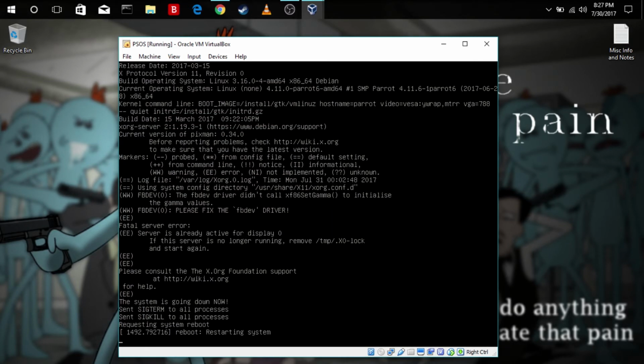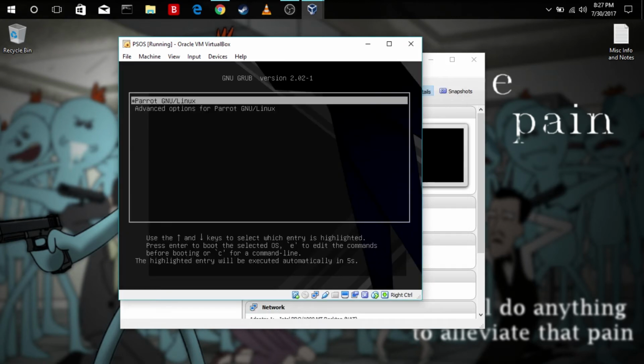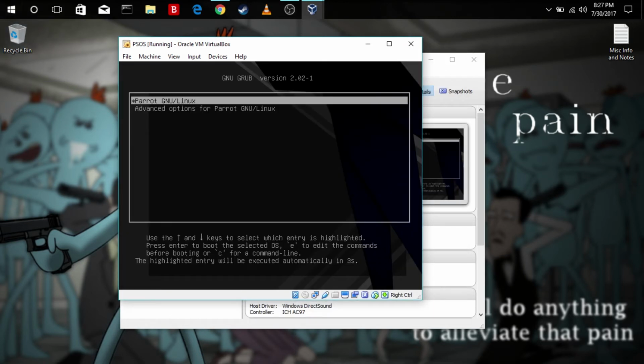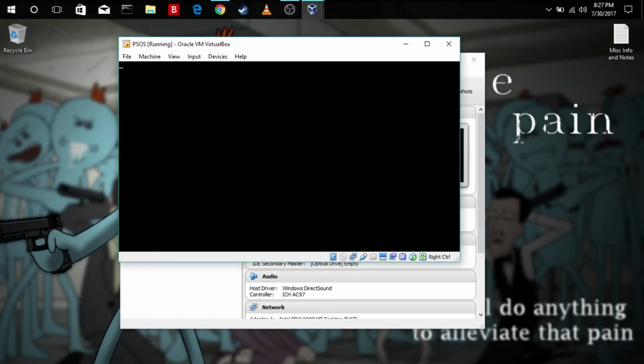Here we go. Reboots. Alright, this boots you into Grub, obviously. You select Parrot. You don't really need to go through the advanced options as of now unless there's an issue with maybe the bootloader or something like that. You can get into boot settings, which there shouldn't be if you're creating. I've never really had an issue with a virtual machine,